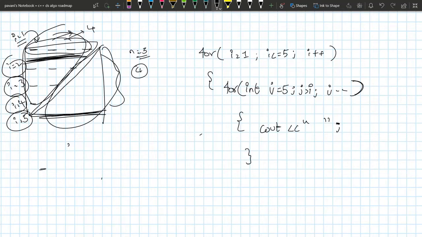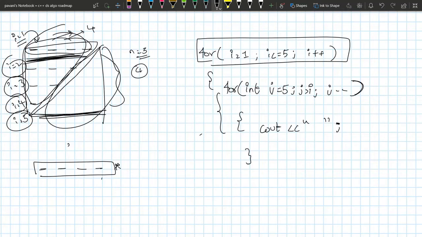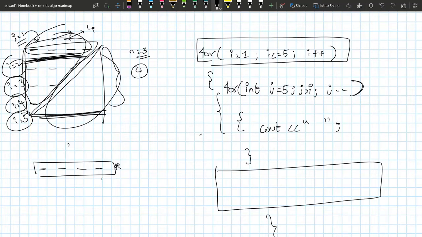See, this is the pattern, right? 1 2 3 4 star. This is the pattern, right? In the first iteration, I'm printing this. See, in the first major iteration, I'm printing the spaces. Yes or no? And the outer loop must end here. I must write code here which prints this star, right? Everything must be